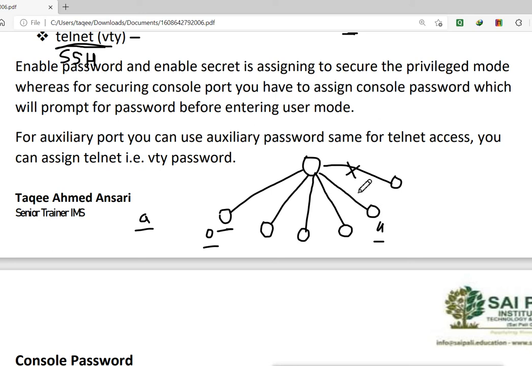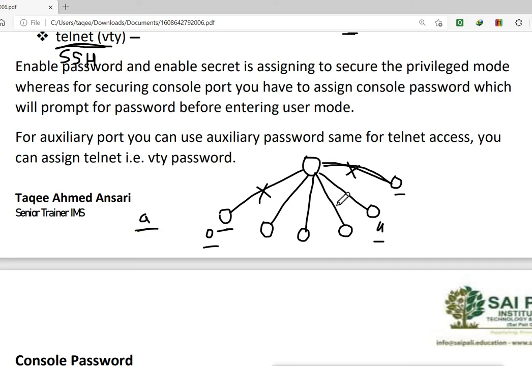Now if this sixth one comes, it is not allowed because we didn't configure the password. But if one connection disconnects, then we remain with only 4, and when this connection tries to connect, it will be allowed, because only 5 simultaneous connections are allowed with this password.